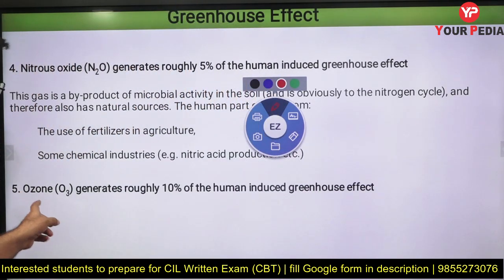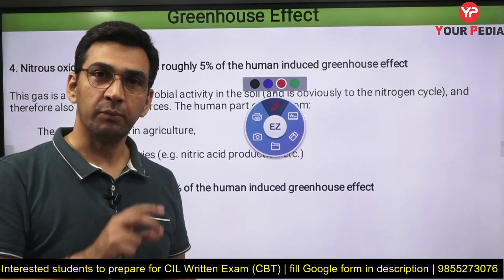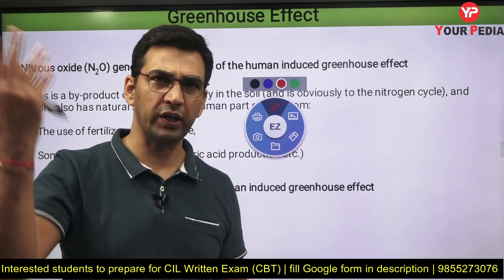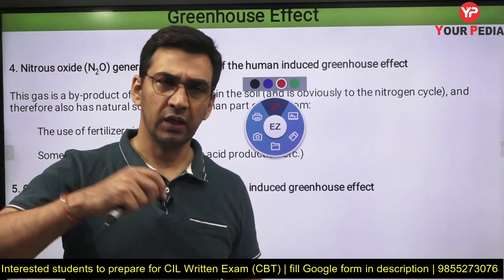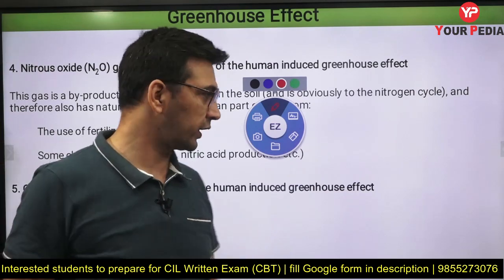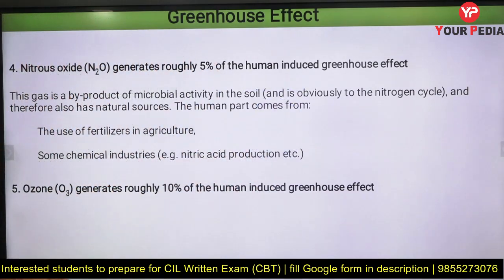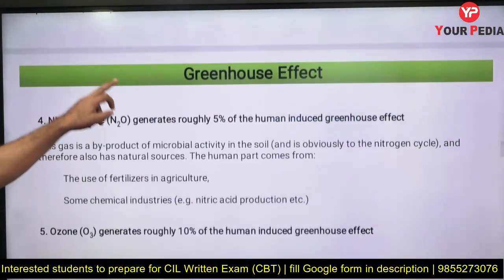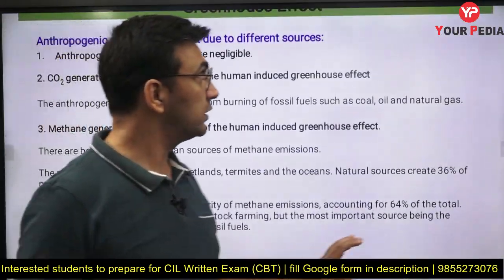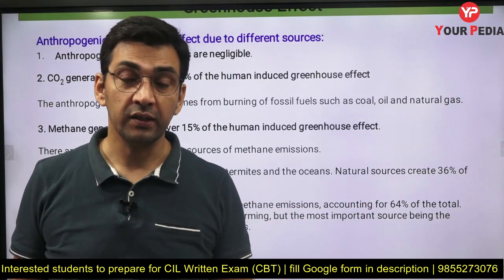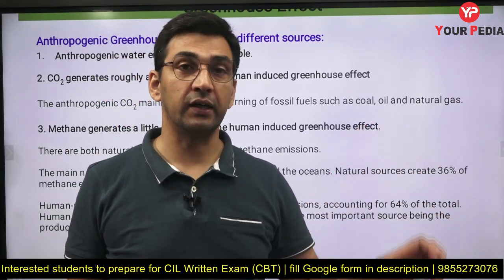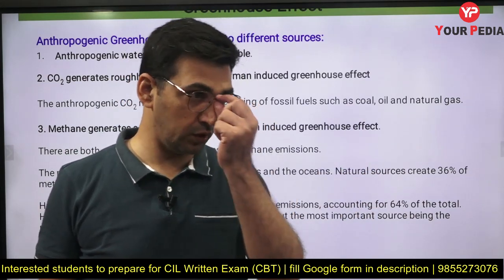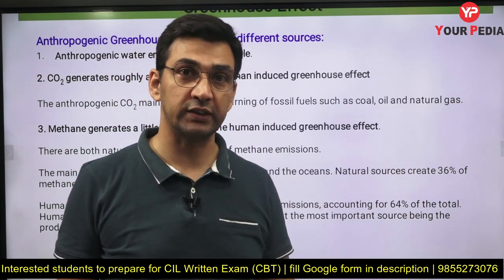So don't get confused between the ozone layer and this ozone. The ozone we are talking about is predominantly in the lower atmosphere. We can also talk about the ozone present up there, because when radiation goes out, that will also block it. But ozone is also a greenhouse gas. So I hope you now understand what the greenhouse effect is, and what the different greenhouse gases are, natural as well as human-released, into the environment.